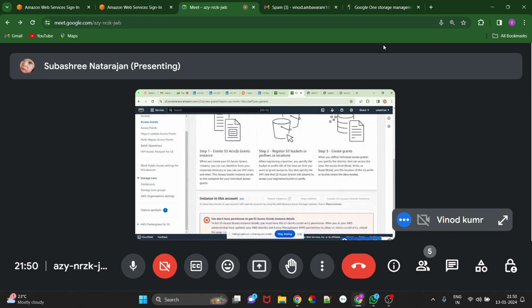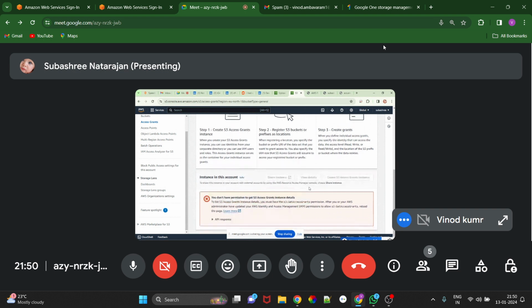You don't have permission to get the S3 access grant instance details. To list S3 access grant details, you must have the S3 permissions. So for this we don't have access now. I think maybe it is related to the IAM access policy, so it is not granted in the IAM policy.